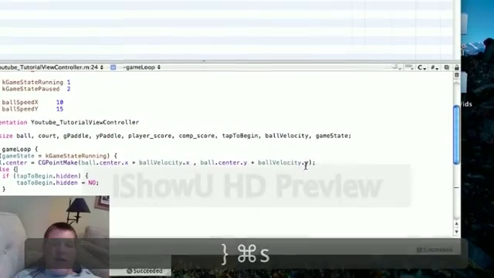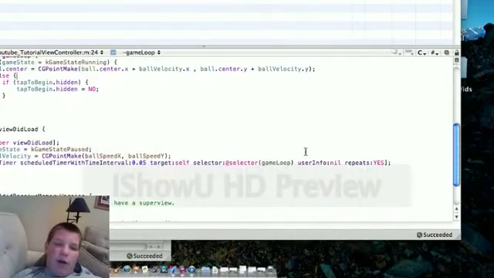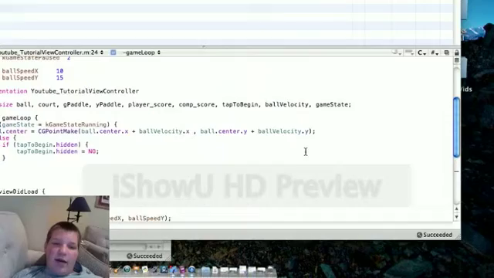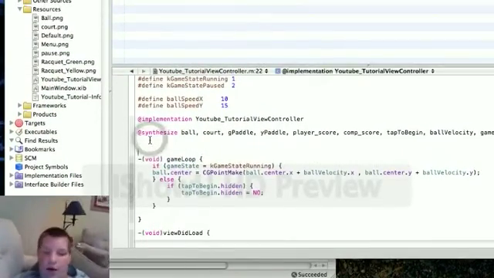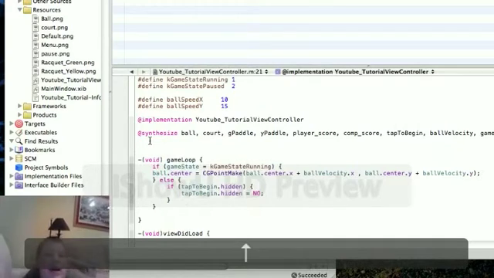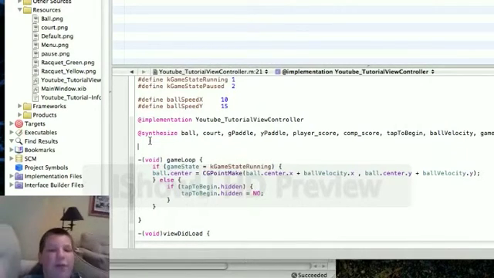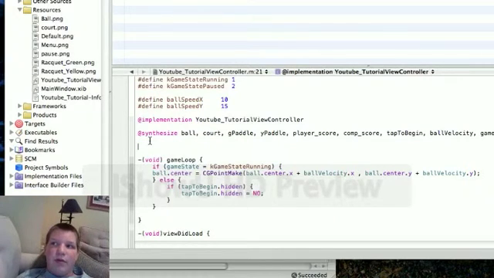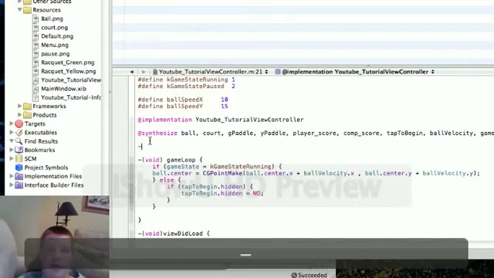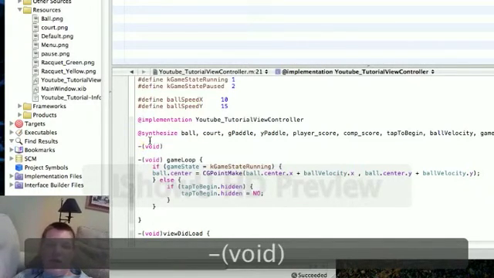Alright, so we can save it. Then what we're going to do is add some new touch things. These are a little bit more complicated, but I should be able to explain them. So what you're going to do is a dash void, which just makes a void function, and then you say void